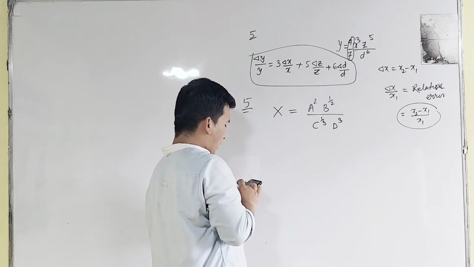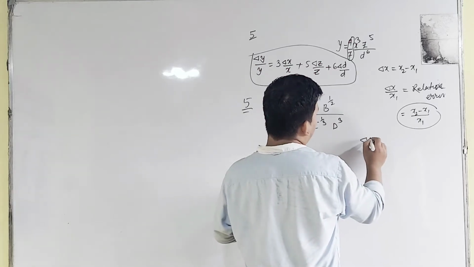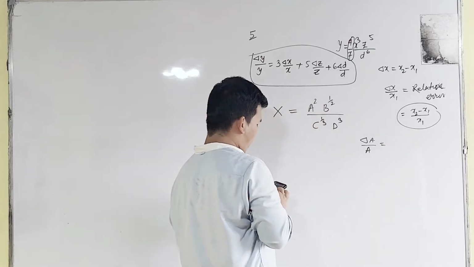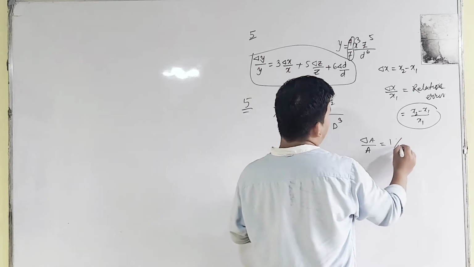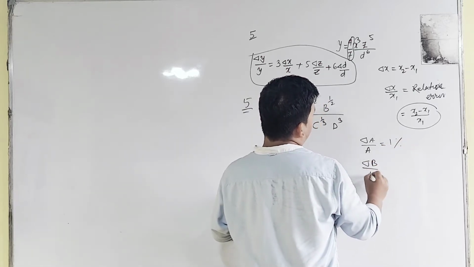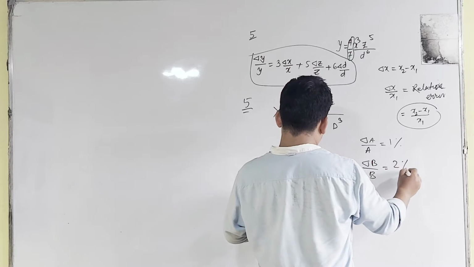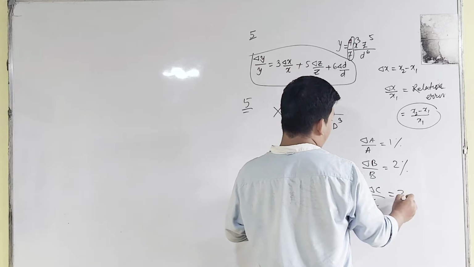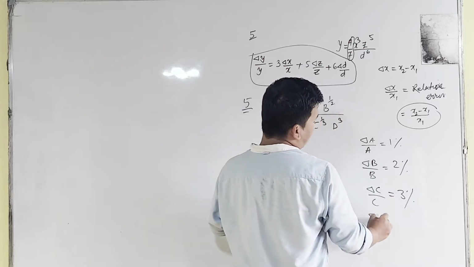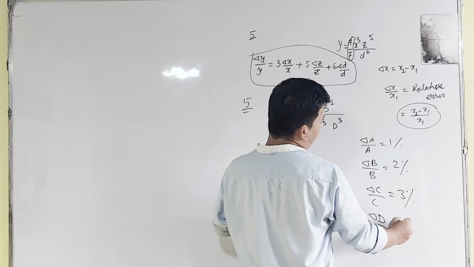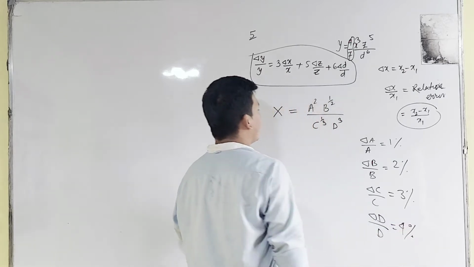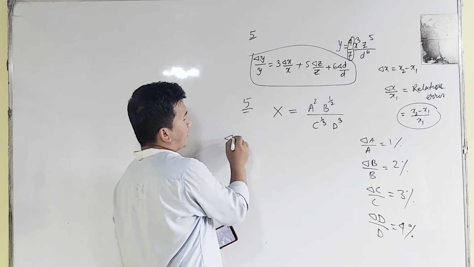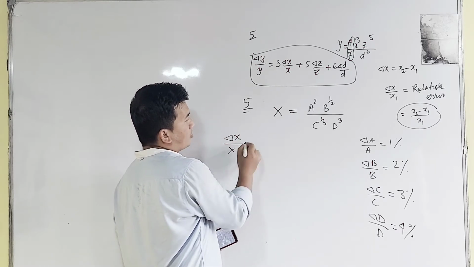What is the relative error of A? Delta A by A. This is the relative error of A, and this is given as 1%. And what about delta B by B? This is given as 2%. And what about delta C by C? This is given as 3%. And what about your relative error in D? This will be equal to 4%. So if we have to find out the relative error of x, delta x by x will be equal to,